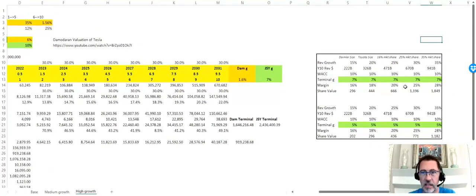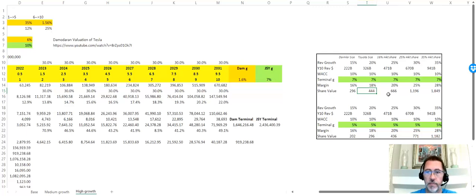Could we say that Tesla could grow at 20% per annum? In which case its share price is perhaps $444 based on an 18% profit margin rather than growing to a 22% profit margin. Yeah, I mean, I would be more comfortable with that. I would say, gee, even 20% growth for the next 10 years is a hell of a stretch.